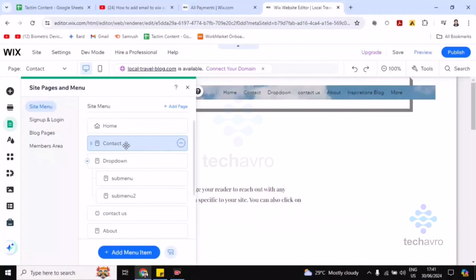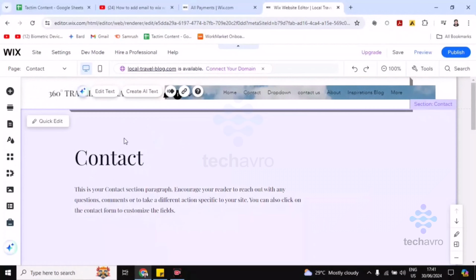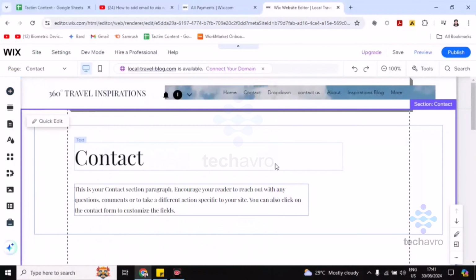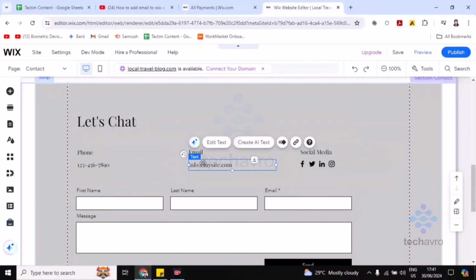So I'm gonna choose contact and click on cross. And here the contact page. You have to click on plus icon. Sorry, not plus first. You have to scroll down and you'll find here email, and then you have to double click